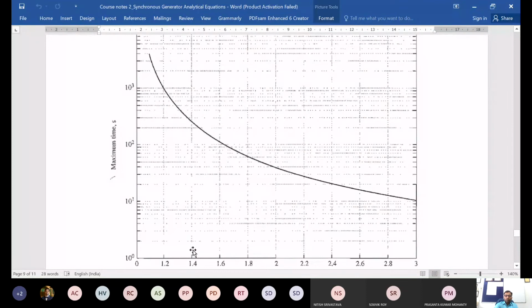But if this overloading increases to 40%, in that case, if you see here, this is 100, this is 200, this is 300, so it's around 250, so around 4 minutes. So 40% overloading for roughly around 4 minutes, and so on. It goes on decreasing. If you look at 2, that means you are taking out double the power. Let's say the machine is rated at 10 kilowatt or 10 megawatt, and you are drawing out 20 megawatt, 20 kVA.